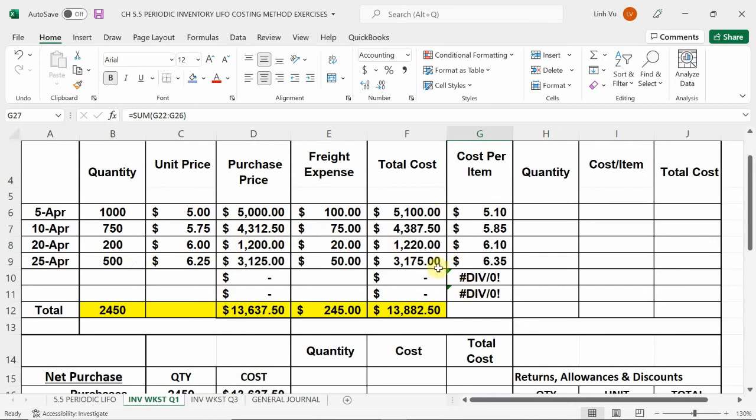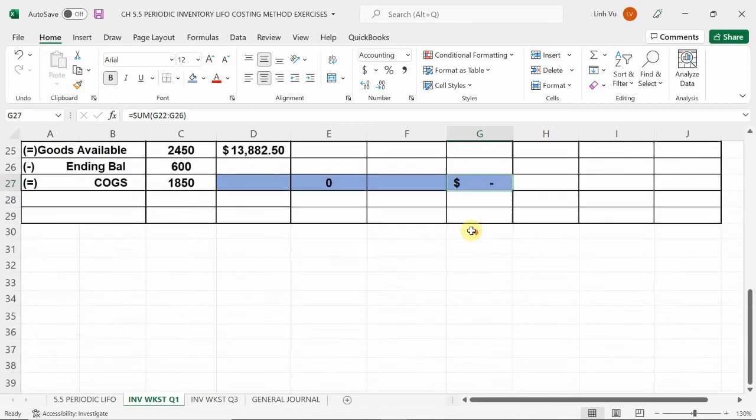Well, we're looking at the cost per item, right? Because we want to include the price it costs to cover shipping. This is what we want the customers to pay per item that we sell. We want them to cover the entire cost, so we don't have to pocket it out ourselves. So in this case, it's going to cost me $6.35 each. But in this case, I need to sell a grand total of